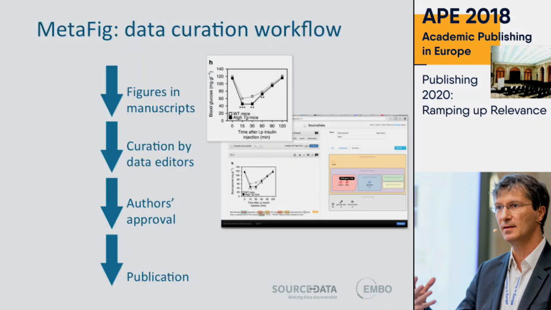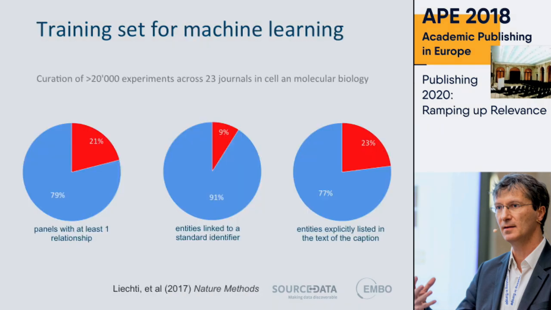Now, we have implemented and progressed a systematic curation process to process all the figures that we're publishing in our content. And we created a tool that optimizes that and allows us to do this in a stable way. And this allowed us, after a couple of months, to accumulate a fairly sizable data set of more than 20,000 experiments now across our journals, but also taking some legacy content from other journals to test the generality of our approach.